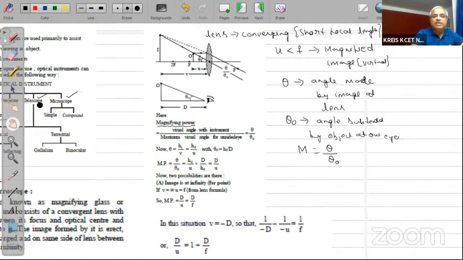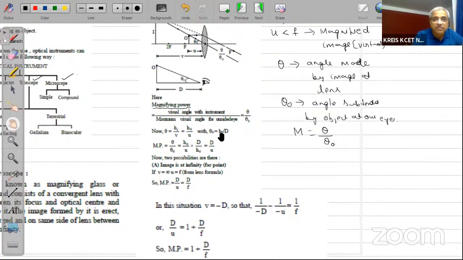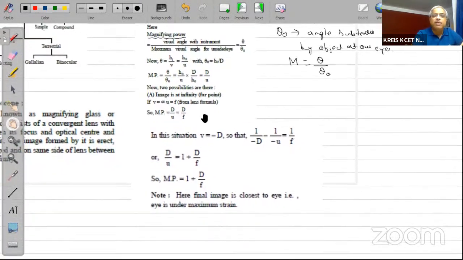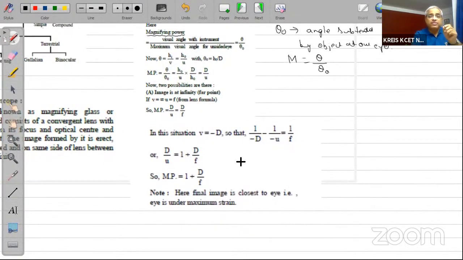Okay, now that is called in fact the magnifying power. We call this magnifying power. Magnification we did earlier, v by u and all that is magnification. This has a different name, we define it as magnifying power. Now it can be shown that the magnifying power for the case of a simple microscope will be given by